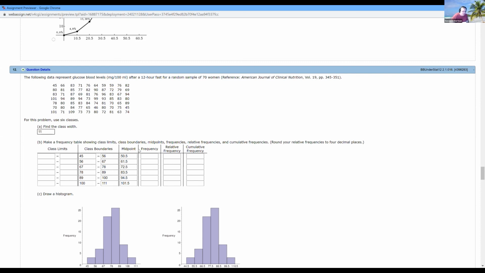Now, the next bit is frequency, and I'm not going to attempt to do this. Can you pretend it was 5, just for argument's sake? Right? Now, what would the relative frequency be? Well, 5 out of the total number. 1, 2, 3, 4, 5, 6, 7, 8, 9, 10. 1, 2, 3, 4, 6. 1, 2, 3. There's 70. So I guess you would do 5 out of 70. And that would be